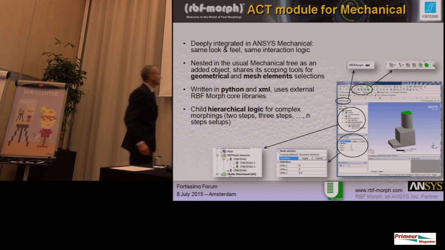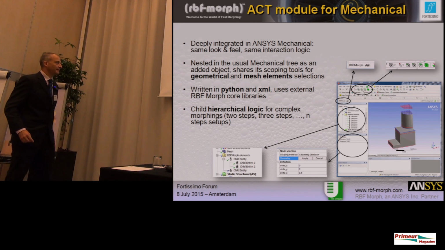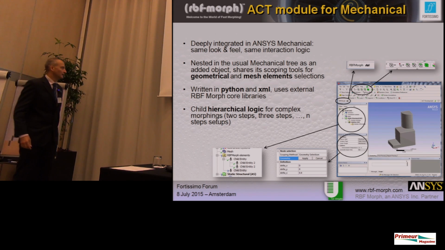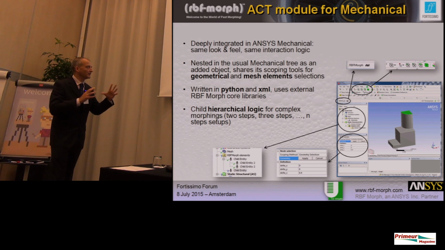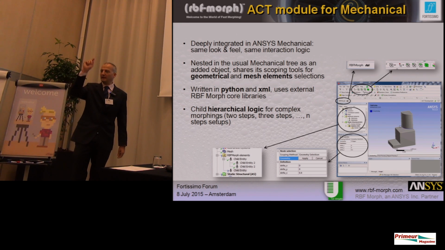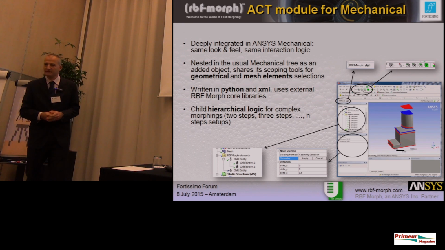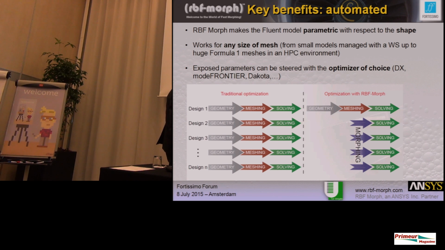This is an overview of the ACT. In the ACT, the graphical user interface stays in the tree directly. The user can set up the problem, and according to the standard of Workbench, can enable parameters wherever you want to have automatic optimization that can be steered inside Workbench. So,